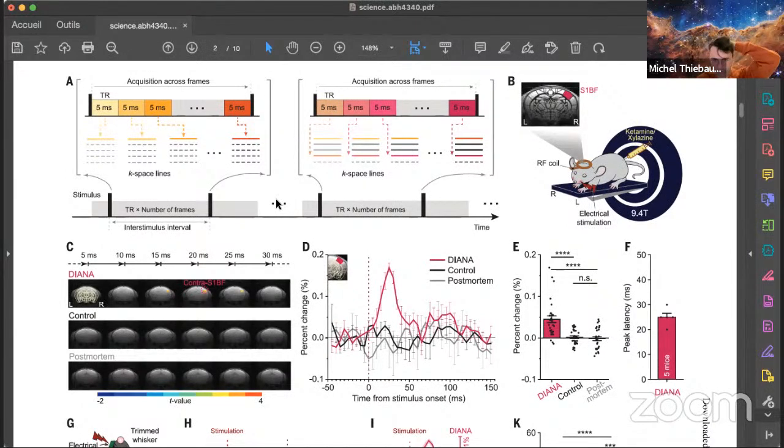But the problem is I tried to do that in Paris, and you can only have a few slices of the brain. You cannot cover the entire brain. So this K-space approach is very smart, because you can have the full brain and you can have it faster than with the normal acquisition